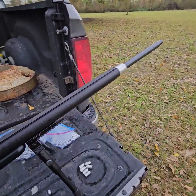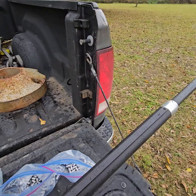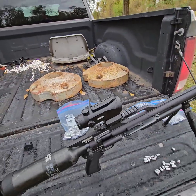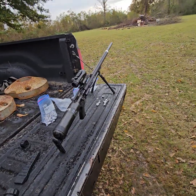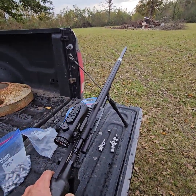And a buddy of mine, I just got him into air guns, and he wants to kind of get with me and buy a swage. But with what I'm doing, I don't see the point of spending $2 grand plus to get a swage kit. So anyways, when I had this thing on the chronograph with the